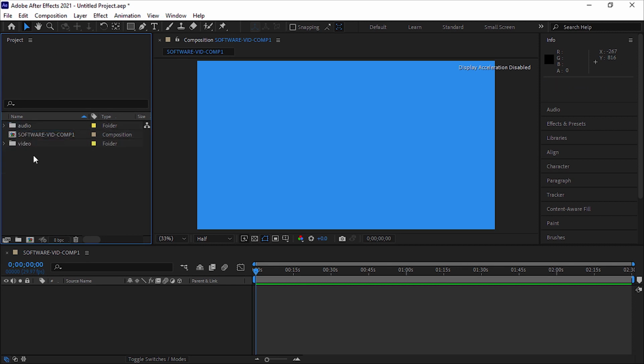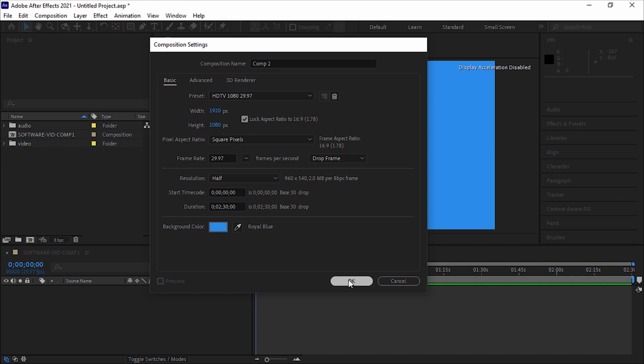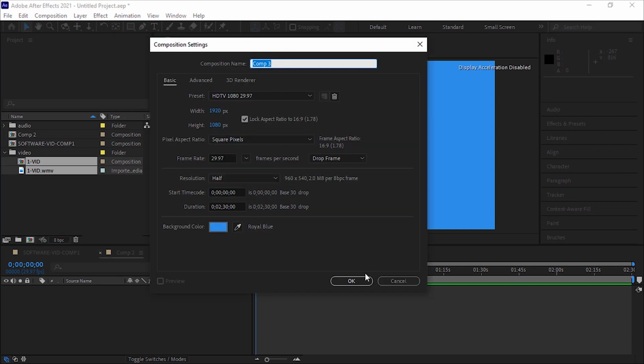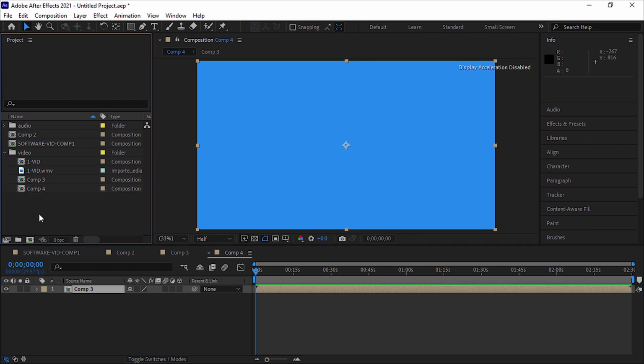Another way to create a new folder is to create a folder using the contents of the project panel. For example, here we are going to put the created compositions in a folder. To do this, first you have to hold down the Control key and select them, release the Control key, then click and drag the icon of one of the selected compositions, and release it on the Create New Folder icon. This will create a folder containing all the selected compositions, so just confirm it by naming it and pressing Enter on the keyboard.